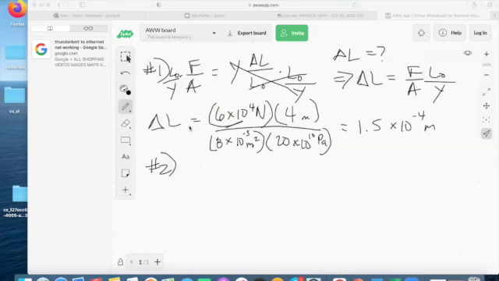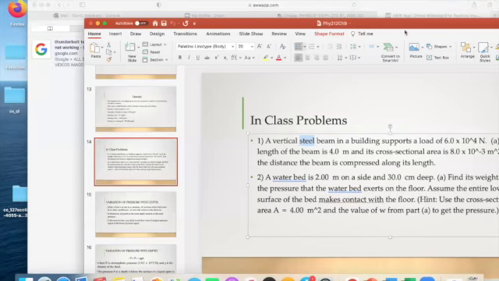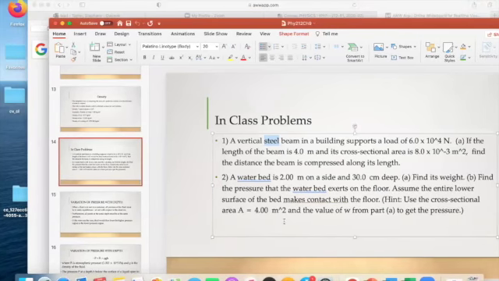All right, so we're trying to find part A, which is the weight. And we know weight is mass times gravity. So first we know what gravity is, right? Gravity is 9.8 meters per second squared. Now we need to find the mass of the bed, okay? They didn't give us a mass, so we have to find the mass.